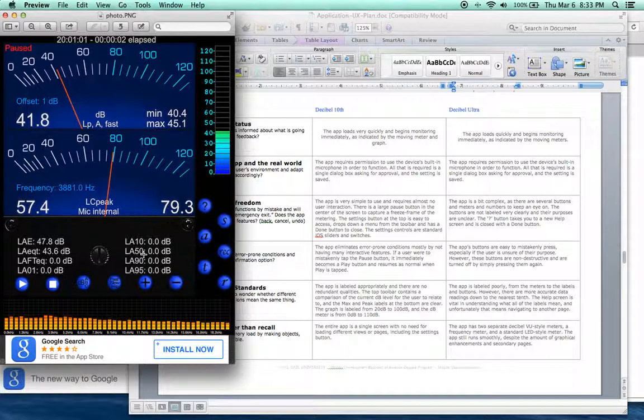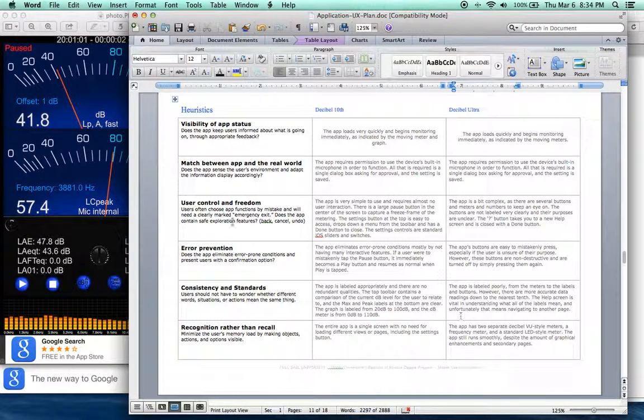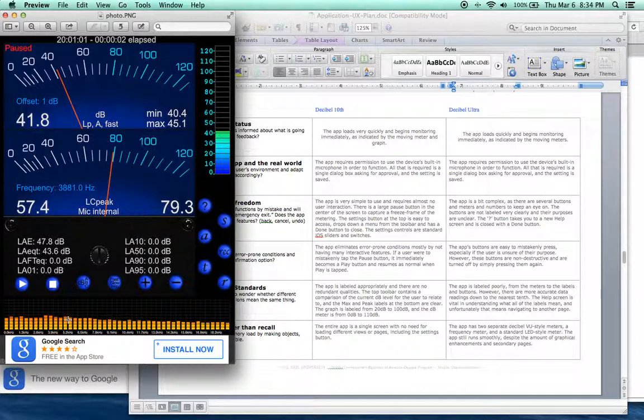The app has two separate VU style meters, like I said. This frequency meter down here, which is kind of hard to read and doesn't really tell you any levels. It's kind of useless. And then the standard LED style meter, going from 0 to 120, that's a little more useful, but just kind of a bunch of things doing the same thing, and I don't know. I don't think any of them do it very exceptionally well, but